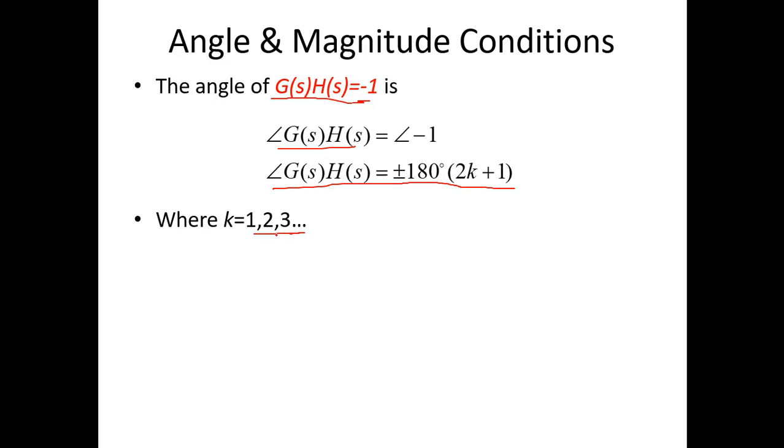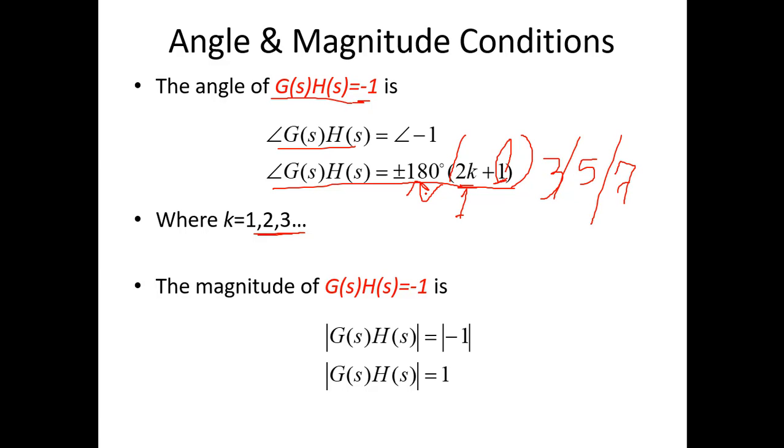But now you see that this will be occurring an odd number of times because you are adding plus 1. So if you put the value of k equal to 1, this will become an odd number, that is 3. If you put k equal to 2, this will become 5. So for every odd number, it will be multiplied with 180 degrees. Even numbers are not included because you are adding plus 1 to any value of k.